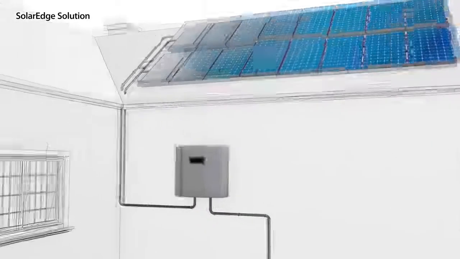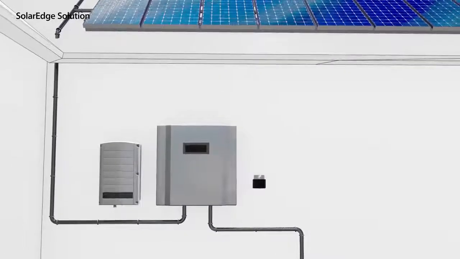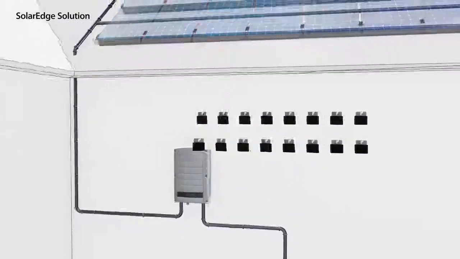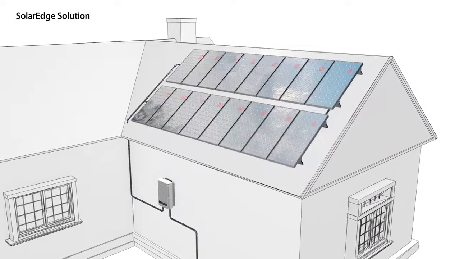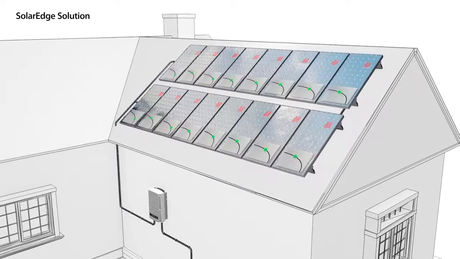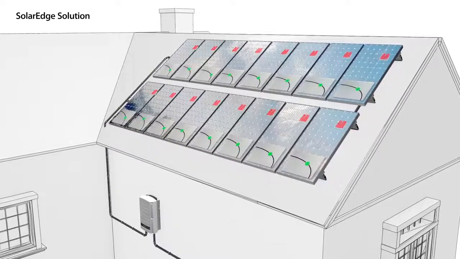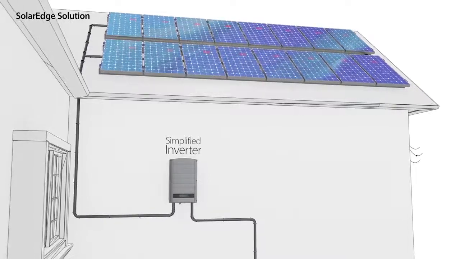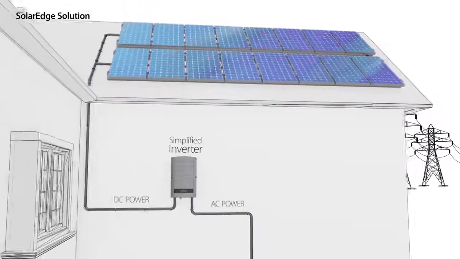Our solution splits the traditional inverter functionality into two products: the power optimizer and a simplified inverter. The power optimizers are located on each panel, turning the panels into intelligent panels. These power optimizers provide panel-level tracking and real-time adjustments of current and voltage to the optimal working point of each individual panel. The simplified inverter is installed similarly to a traditional inverter, but it is only responsible for DC-AC inversion and grid